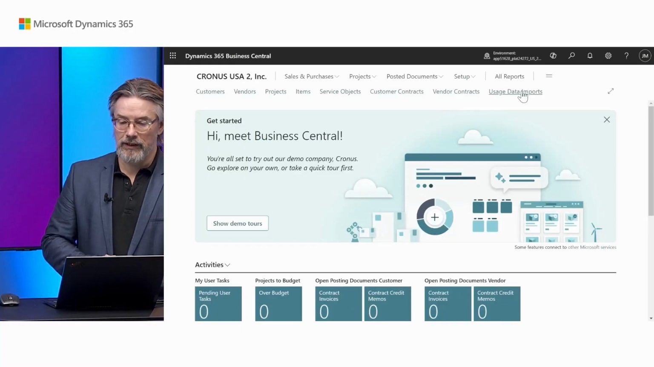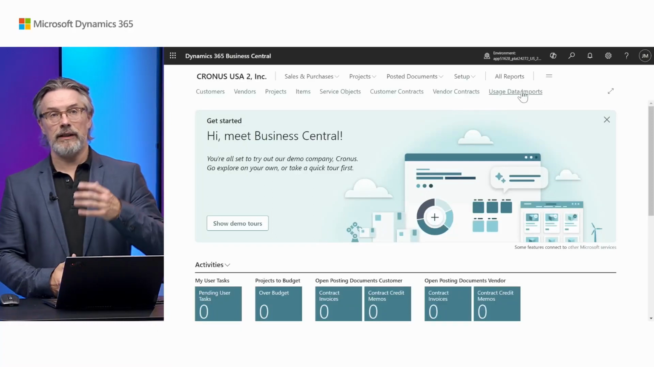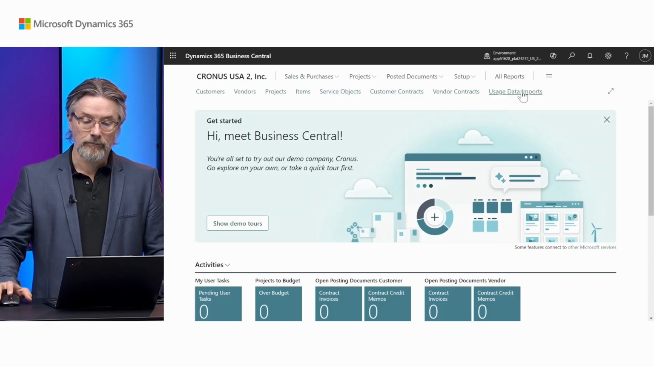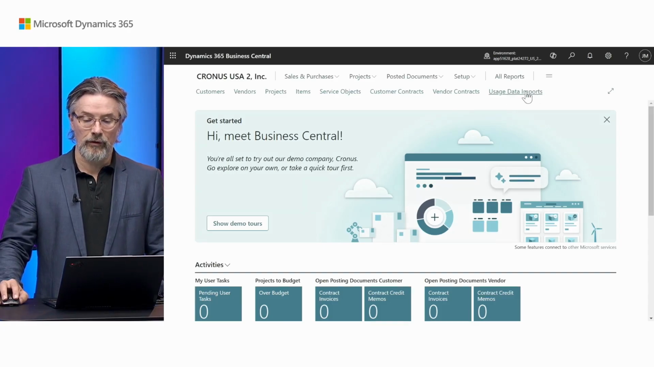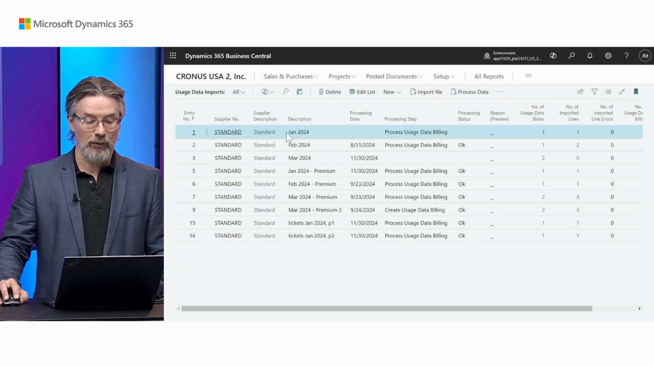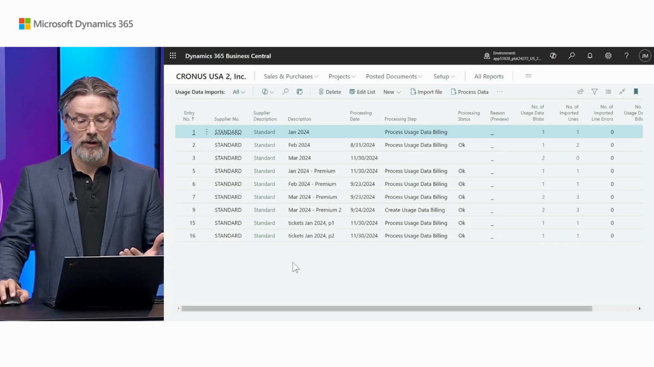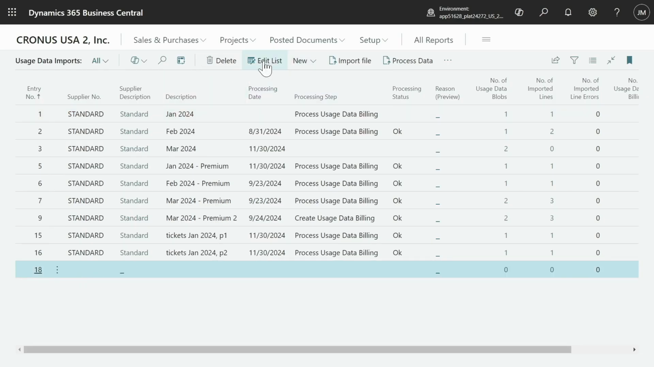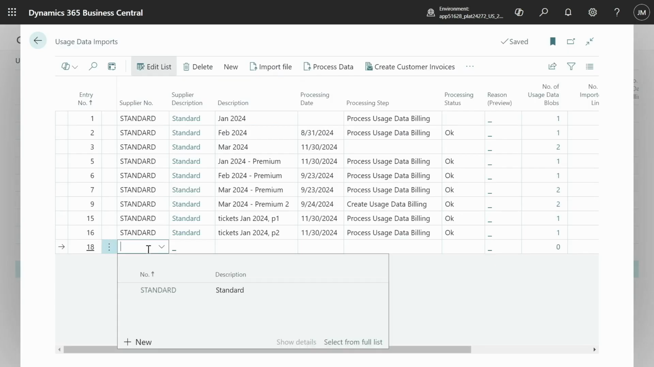So when you've done your setup with the data supplier, with the item references, you're ready to import some data. And you can search for it, or you can bookmark it like I did. So we have usage data import here. It's a simple process. You want to do a new import. You need to edit the record, so we point to a supplier of data. Then you import the file that you